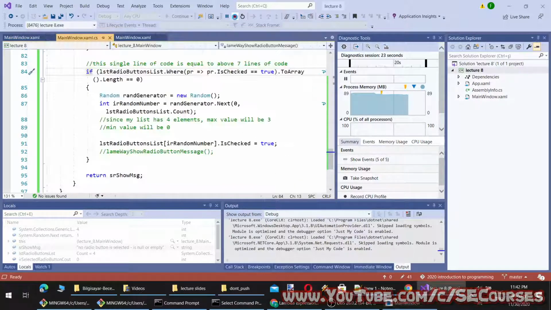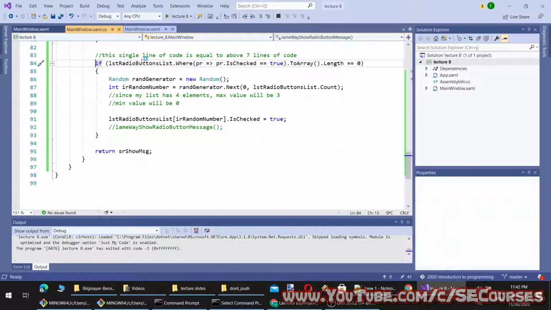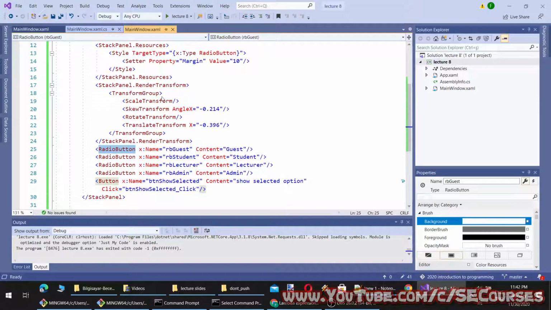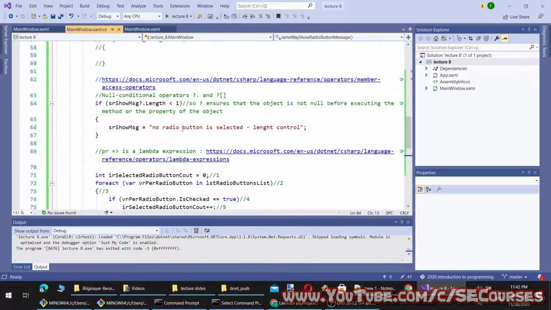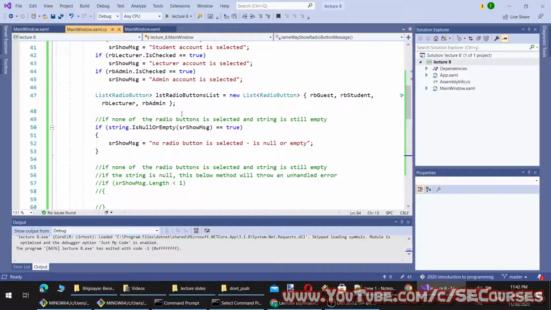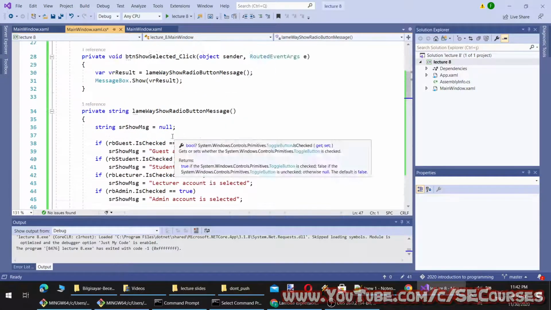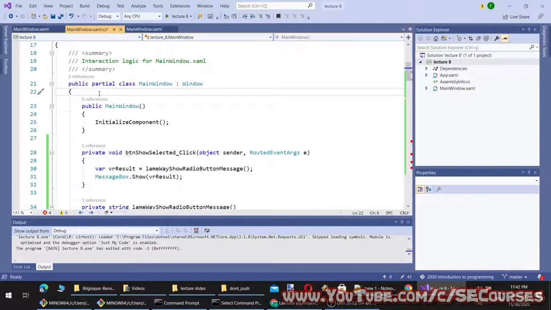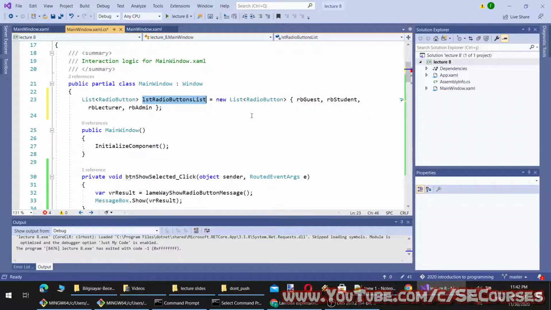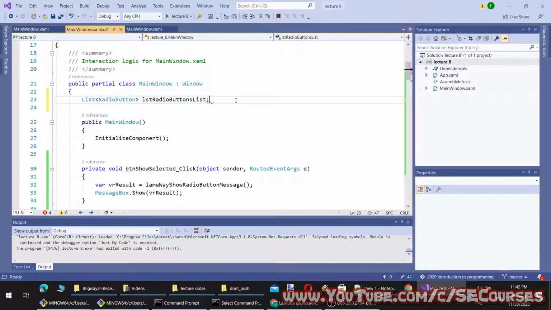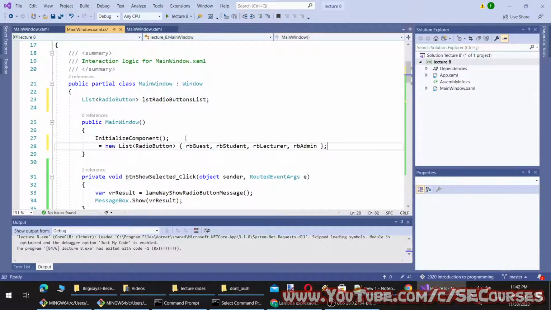Okay, I can also add a clear selection button like this. And to do that, what I'm going to do is I will take this list at an upper level like here. So this list will be available to all elements inside this class. However, it says a field initializer cannot reference non-static field. Therefore, what I need to do is I need to call it after the constructor.